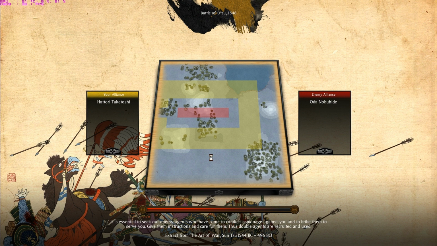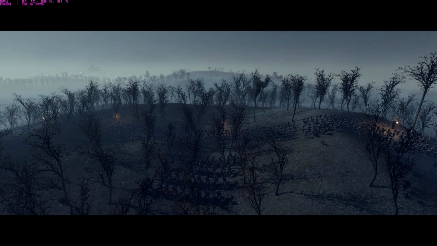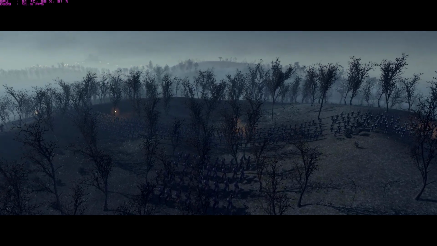The AI during an ambush is very exploitable, I remember that. They tend to just run without giving a shit. They just run straight for the strongest grounds, and they're willing to sacrifice units to get there as long as they arrive there, so...